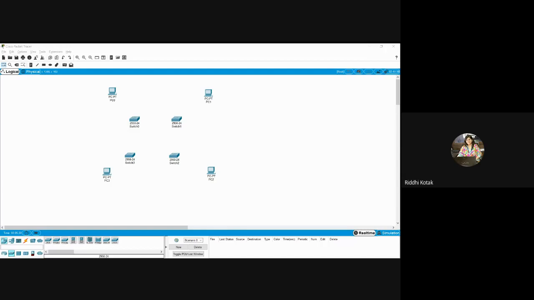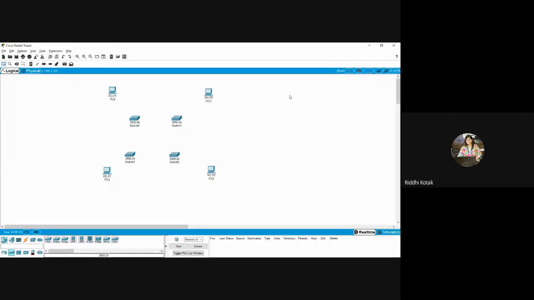Okay, now we have to provide the connection, right? So for that just observe. Go to connection, select automatically choose connection type. Now just connect. You have to just do this. It will automatically take the connection.